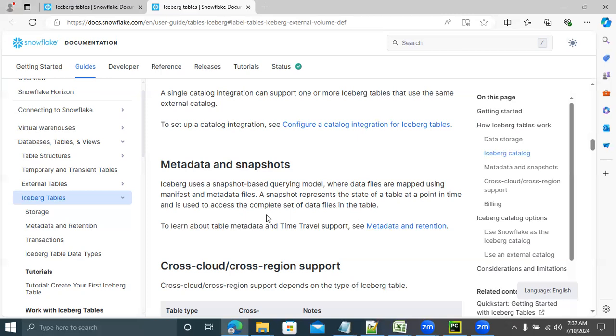Now tomorrow, 5 files are coming. Each file contains 100 records. Now, how many records does your Iceberg table contain? Yesterday, 200 records were there. Today, 5 files come in, each containing 100 records. Now the total records in the Iceberg table is 700, sir. 700 records.